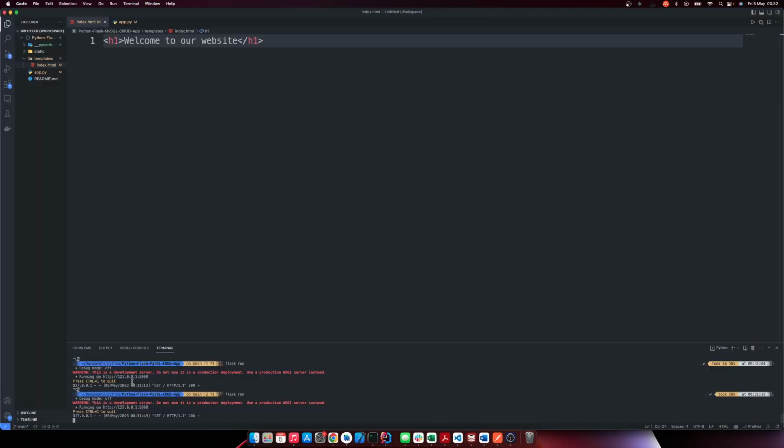If you look at this address, 127.0.0.1 just means localhost, right? It's your home IP address, so it's your local host. But now we are accessing the website at port 5000. So if you look at this, with the same address here at port 5000,